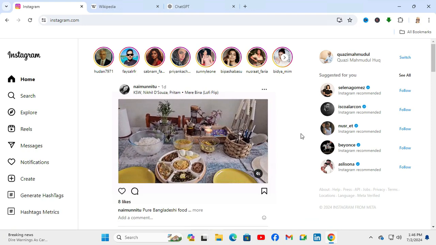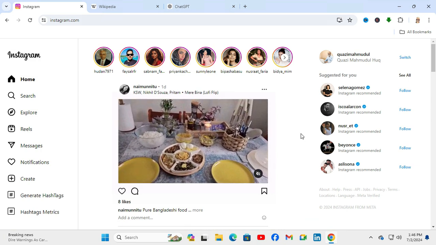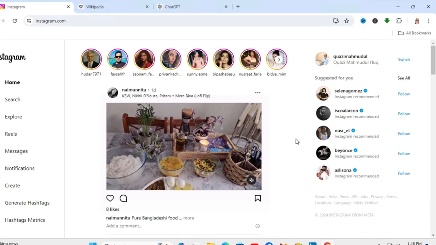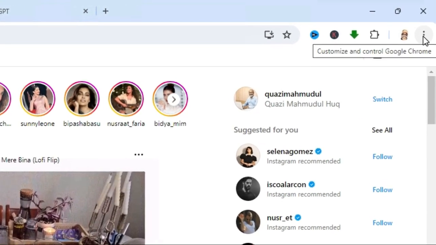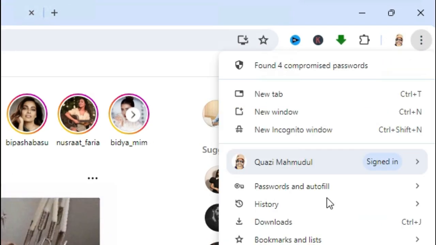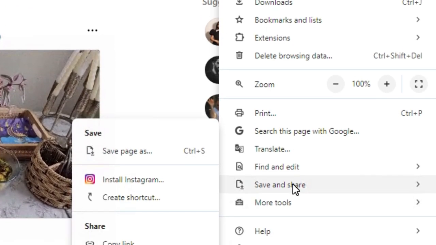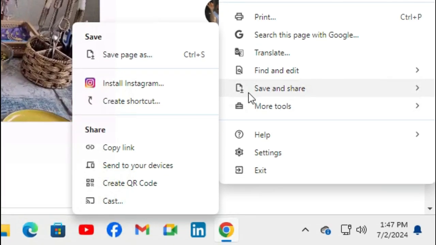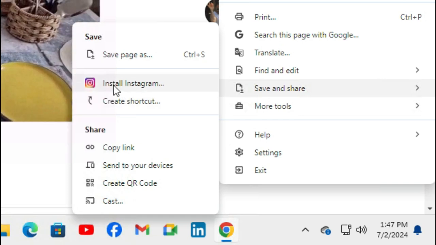To install Instagram on a Windows 11 computer, go to your Google Chrome browser and log into Instagram, and then in the upper right corner you will find a three dot icon to show more. Click on the three dot icon and here you will find an option, Save and share. Go to Save and share and you will find Install Instagram here. Just click on Install Instagram